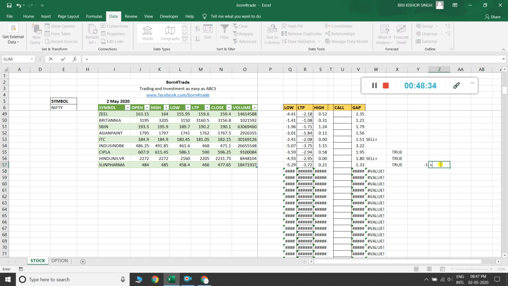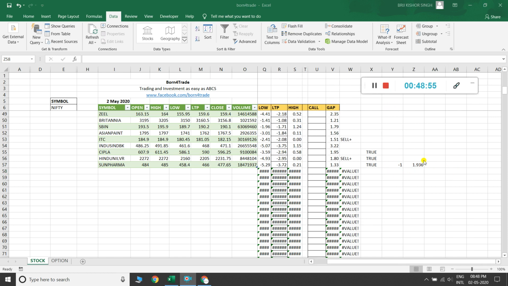Okay, then I put here open into 0.004, that gives 1.19 rupees. That 1.19 rupees is less than the 1 rupee change. Avoid the sign.